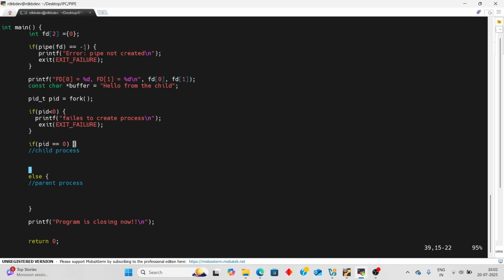Okay, so I have two descriptors here. In this process, in order to remove any error from the read descriptor, I will close the read descriptor,